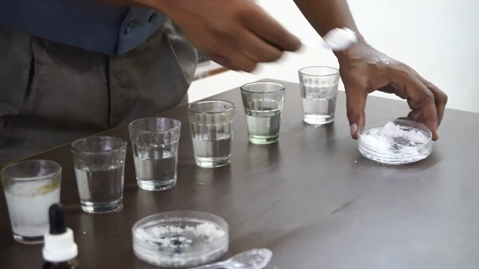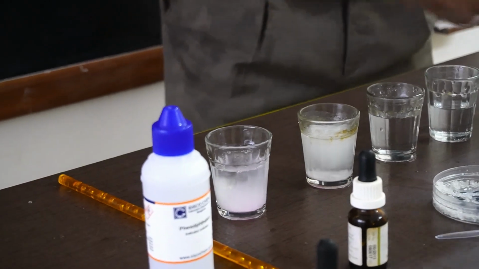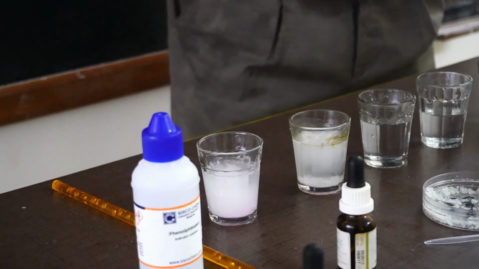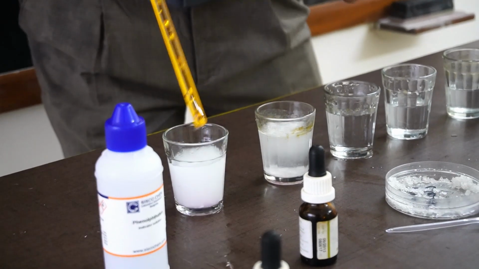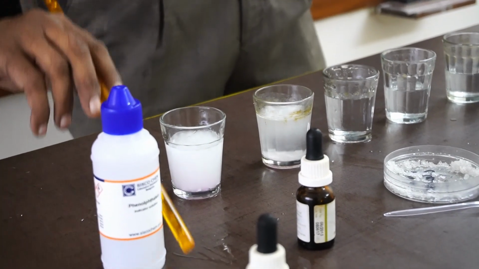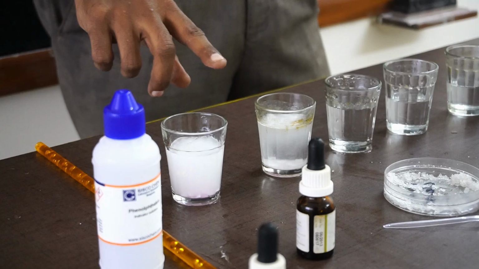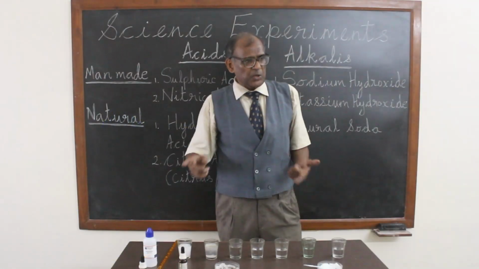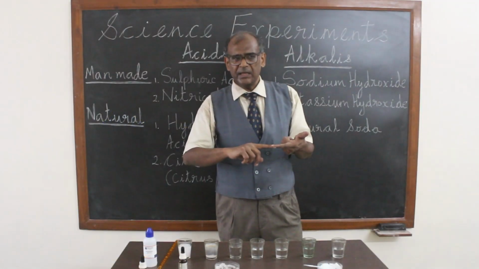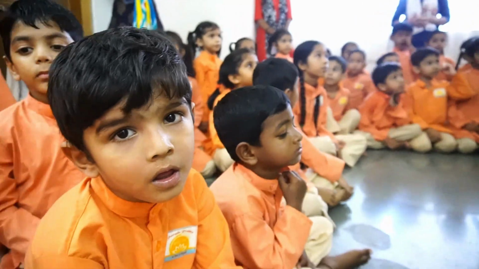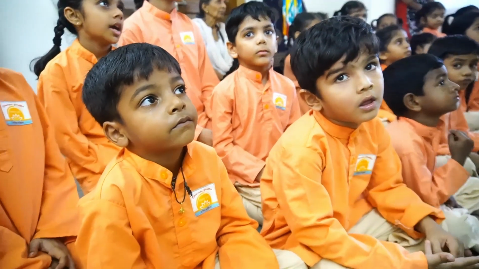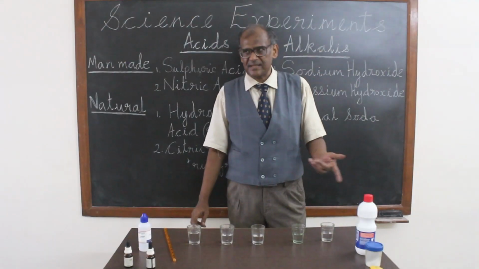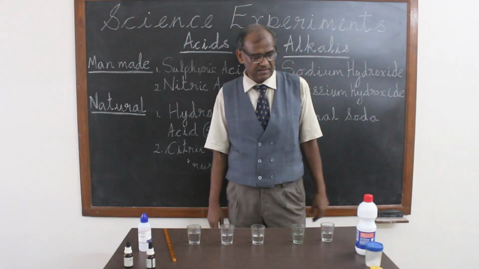What will happen? This will become slowly into pink coloration. You will see after some time this solution will become pink, which means that acid has now become an alkali. So an acid can be converted to an alkali, and an alkali can be converted back to the same acid. Now let's see some common household items, whether they are acidic or alkaline, using this test.